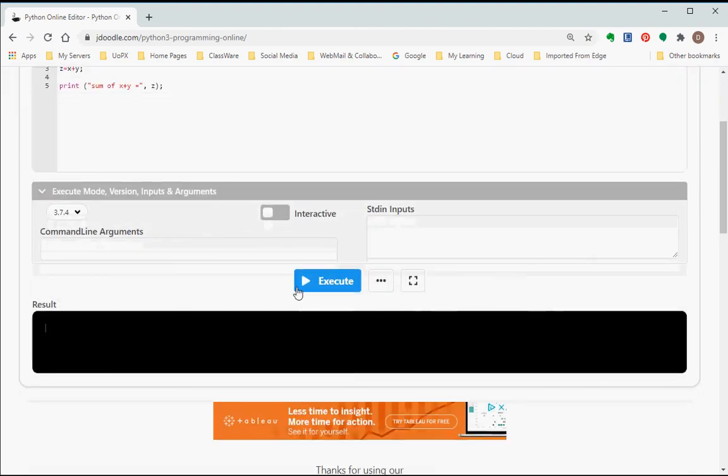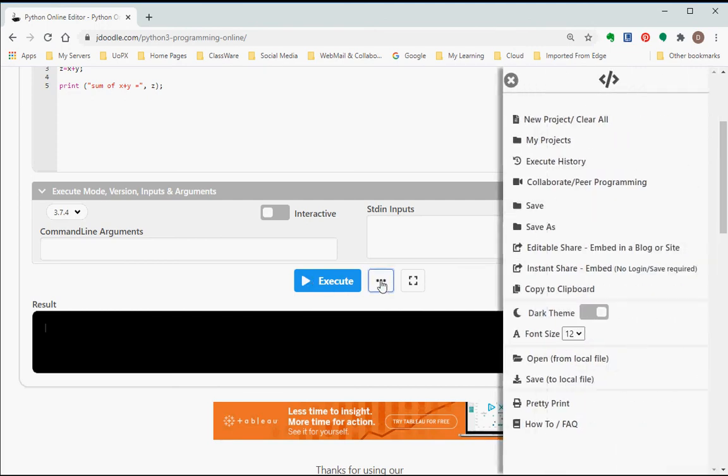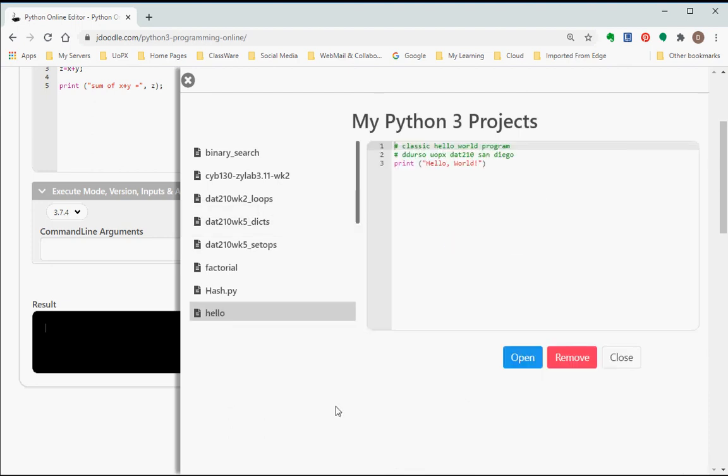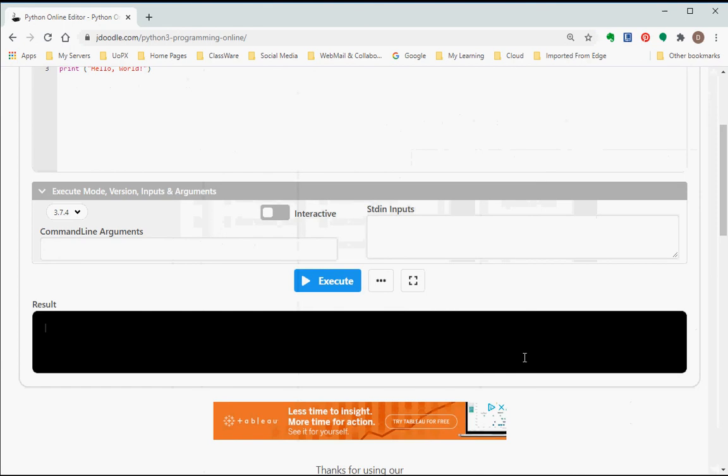and down here where you see the three dots right next to execute, if you click on that, you get a dialog here where you can save the program, save a program and give it a new name, or look at the projects that you've got out there already for this particular programming language. So I'm going to look at my projects, and I see that I have one called Hello. I'm going to open that project,